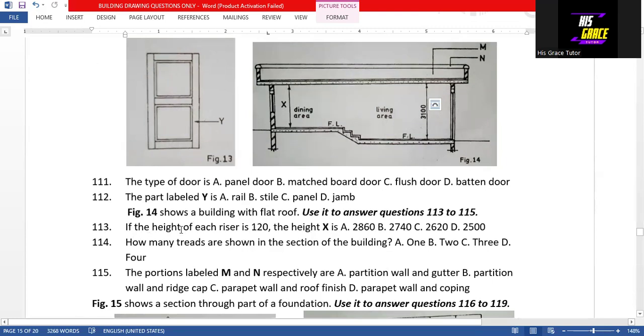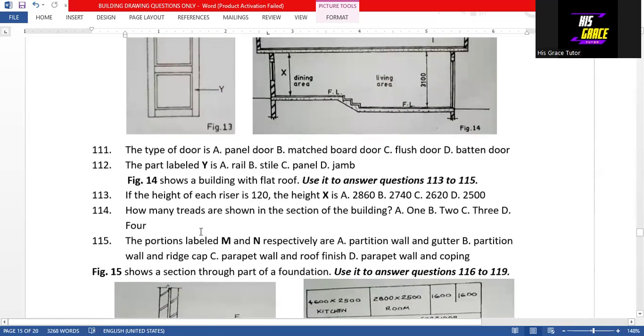Question 113. If the height of each riser is 120, so the height X is, so we have 360. So we subtract 360 from 3,100, and that will give us 2,740, and that makes the answer to question 113 option B. So if you multiply, we have three risers here. So that is 3 times 120, which will give us 360. So then 3,100 minus 360 will give us